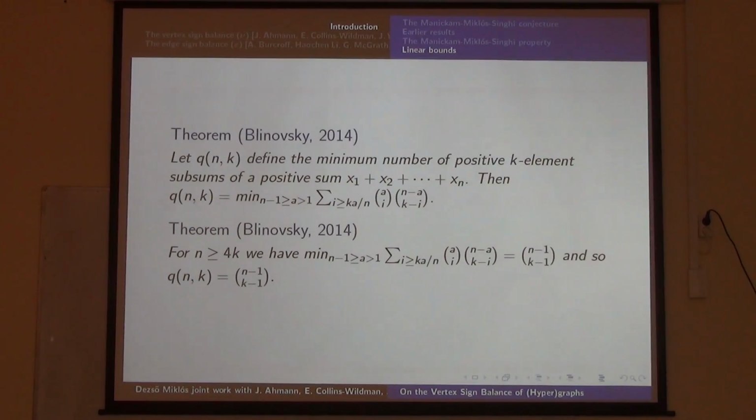My problem was not only that I could not read the machinery Lilovsky used in the paper, which I could learn, but I was lost completely within the middle of the first page in the definition. I mean, in the notations which were not defined, so I didn't really know what was going on. But in any case, I understood the two theorems which are here. These are the two theorems claimed to be proven, and if the proofs of the theorems are correct, then they completely settle the Manickam-Miklós-Singhi property.